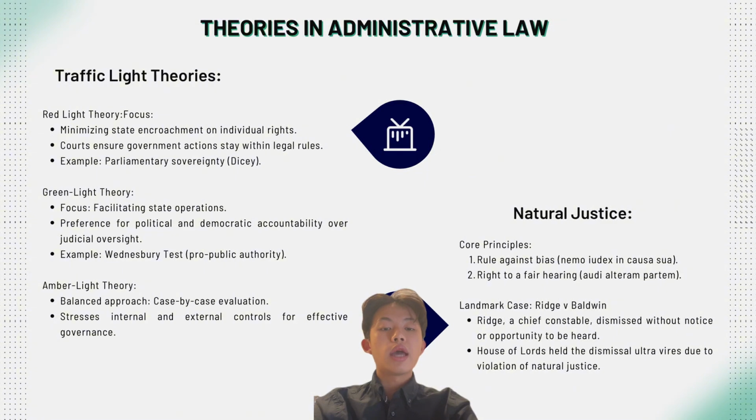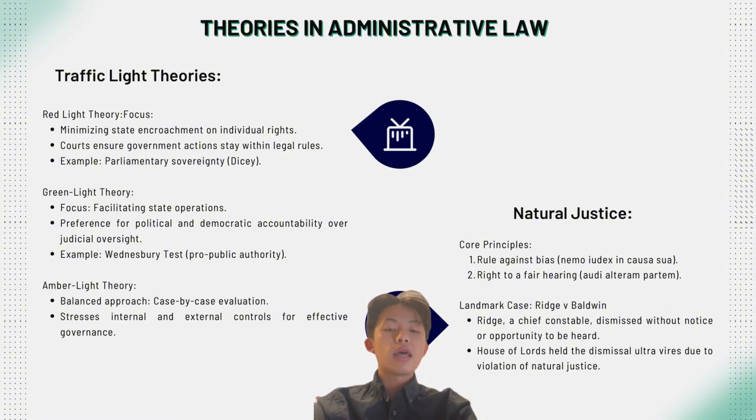So the red light theory highlights the skepticism towards executive power and sought to minimize the encroachment of the state on the rights of the individual. So the concept of parliamentary sovereignty, as explained by Dicey, introduced the idea of the red light theory. He asserted that the government is required to operate within the confines of legal routes established by parliament and under circumstances where the government does not, the court has the authority to proceed with lawful action, and the green light theory emerged during the World War